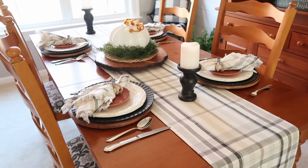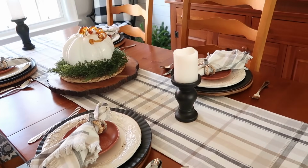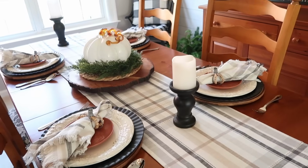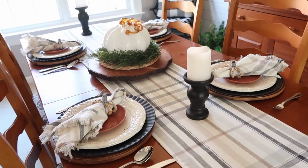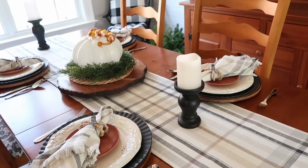I wanted to give you a quick look at my brunch table. I kept it so simple. It's just going to be me and 3 of my friends. We're going to have brunch, sit around and talk, and then we are going to head up to the Luckett